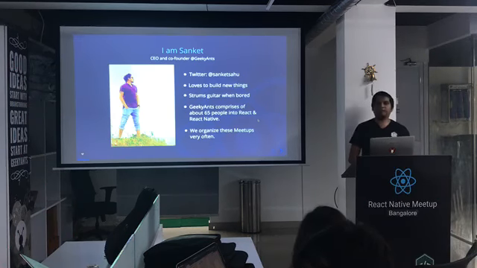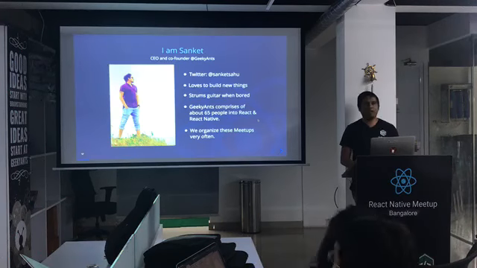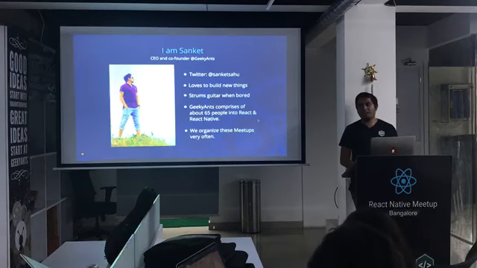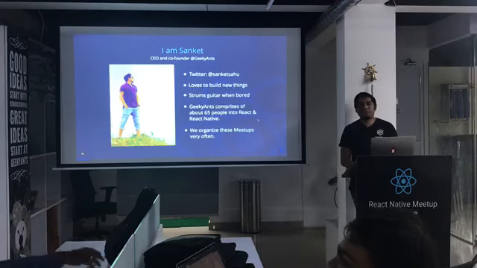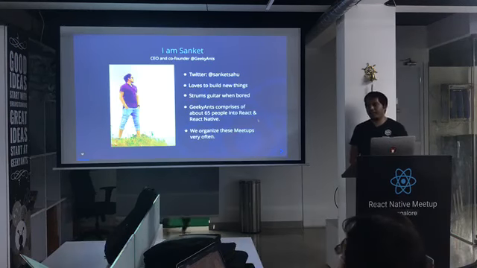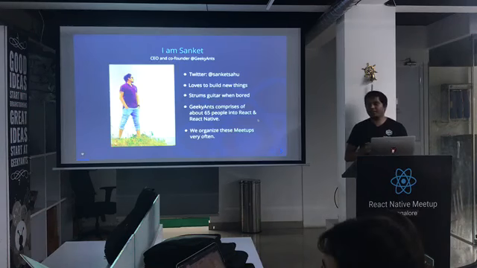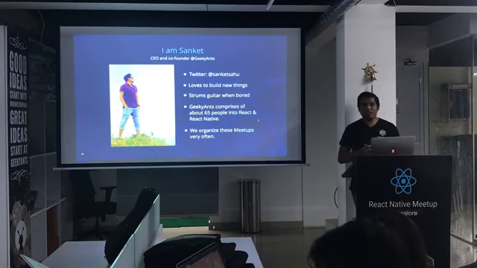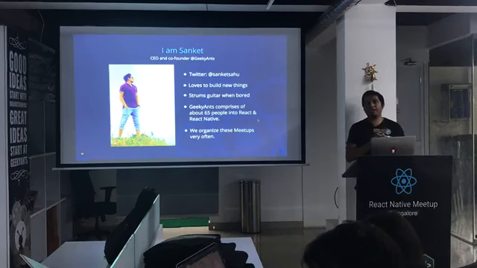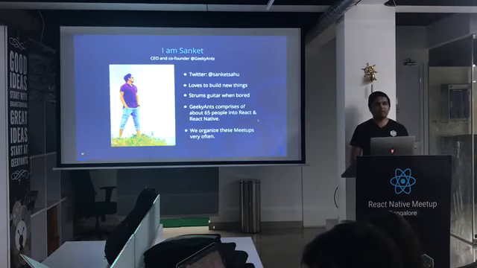Into React, to be specific, we started about 3 years ago, and React Native we started about a year and a half ago. And more than just using tools, we have contributed back to the community with our projects like NativeBase. NativeBase is a simple UI library which is built on top of React Native. We have reached about 5,000 stars on GitHub, and this has been insanely famous in the React Native